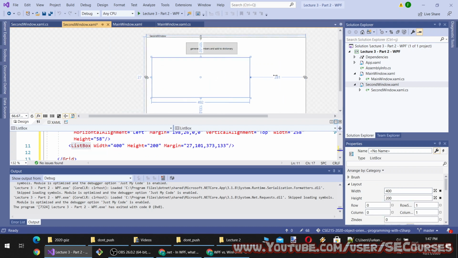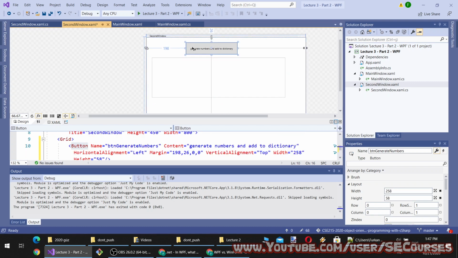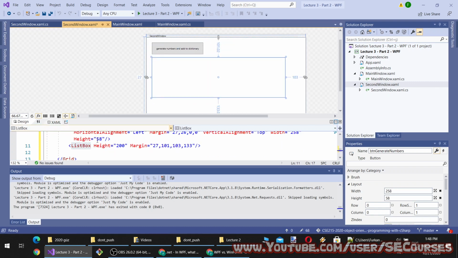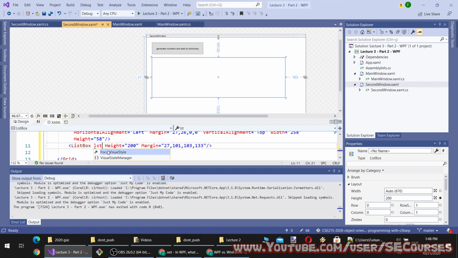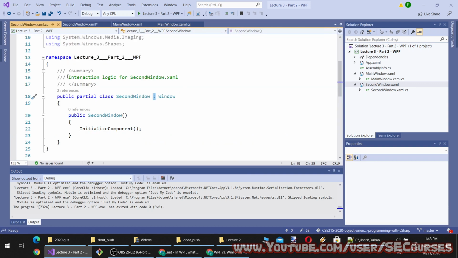I can modify its properties. Currently, all the elements are in the scope of second window. So I cannot access them from main window at the moment because they are initialized instances of objects. You have to have an instance of that object to be able to access its values, only if it is, let's say, public.